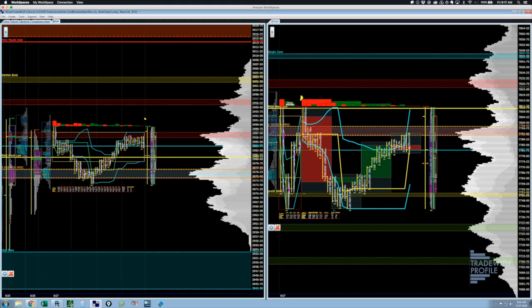Now, target 1 on this is going to be back down to that 55 area. We want to watch this 5-minute close here. We've got the order flow where we want it. Yes, and then engulfing.